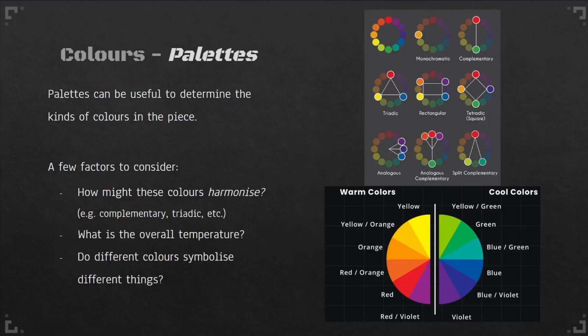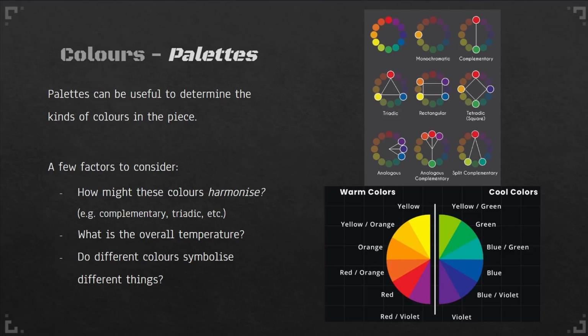Then you might also consider harmony, like how all these colors combine together. How might you pair them? How might you specifically select colors? A pretty common one is complementary colors, right? So red and green, or yellow and purple, or blue and orange. It's a great way to establish something that will look appealing to your eyes. So you might want to consider how these colors might harmonize,